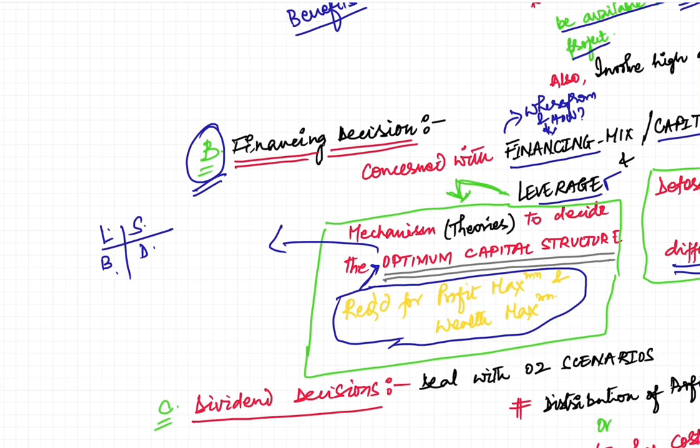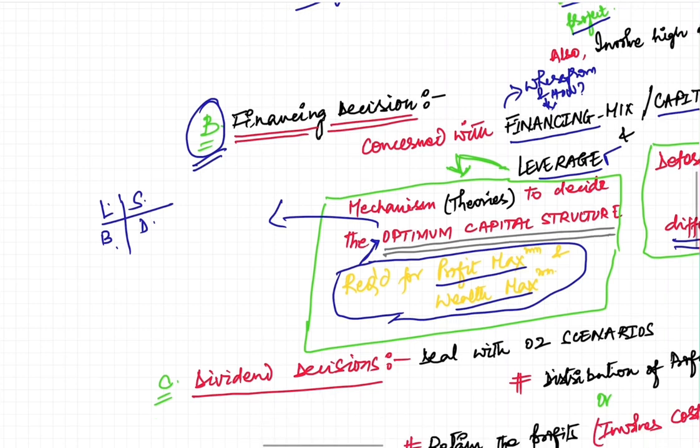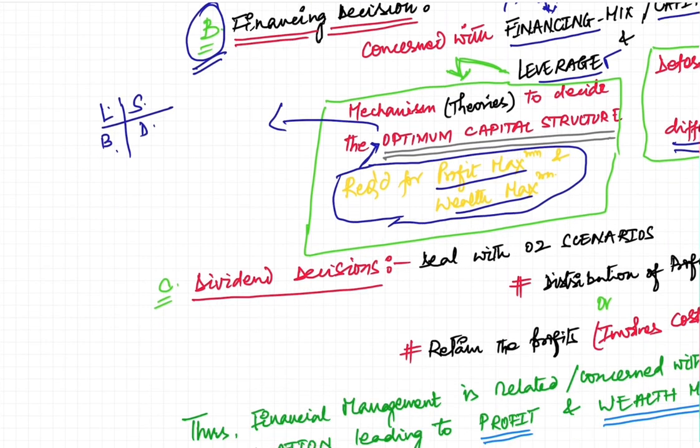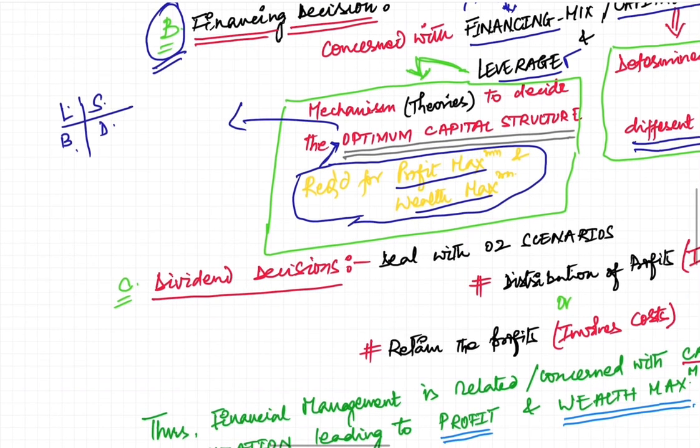There's a mechanism, right? It's called the leverage mechanism to decide the optimum capital structure. Now, why do you want optimum capital structure? Put simply, for profit maximization and wealth maximization. Okay. The third decision that needs to be taken in the realm of financial management is with respect to